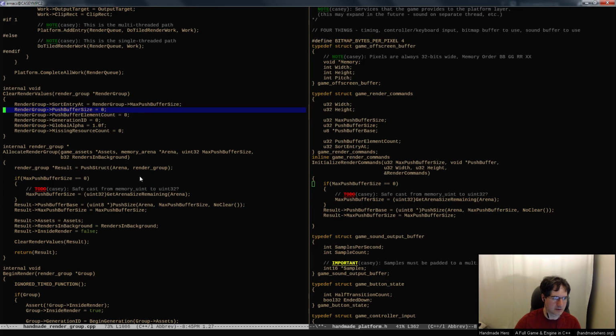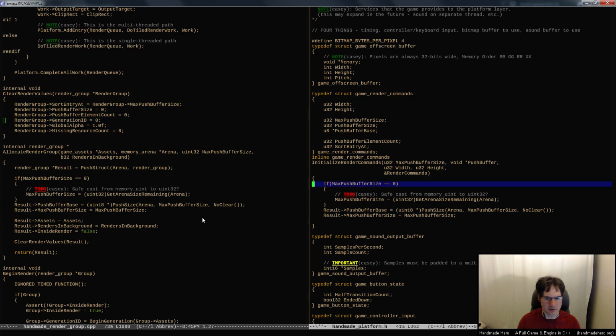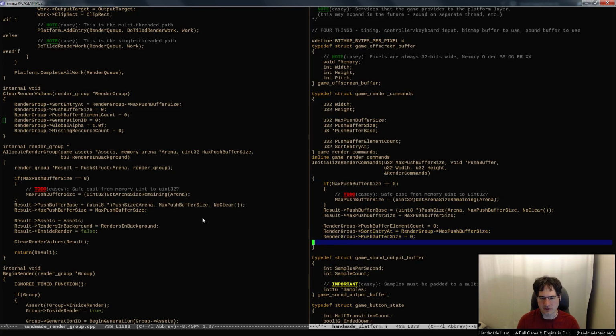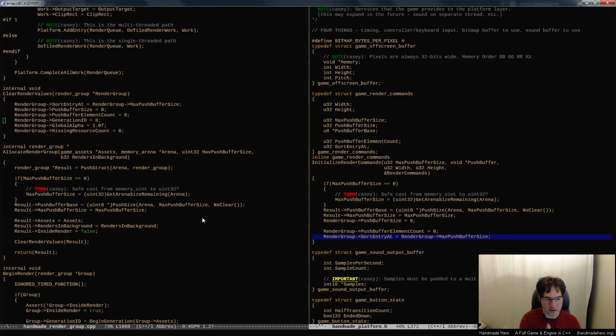Let's see, clear render values. So yeah, clear render values would need to set these things like the push buffer size, push buffer base, push buffer element count, sort entry. So it would need to set all of this stuff, right? So basically this is what I'm talking about. Something that handles all of this stuff for us. So it's like there's the push buffer element count, there's a sort entry at, here the size is 0, and all that stuff is there. So basically all of these things. And I guess, in some sense,